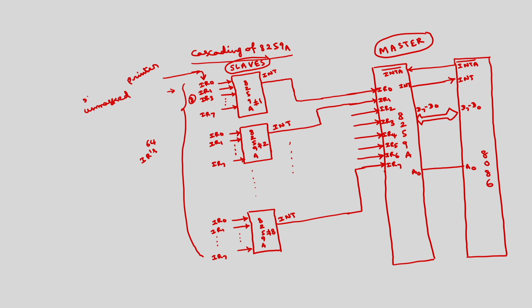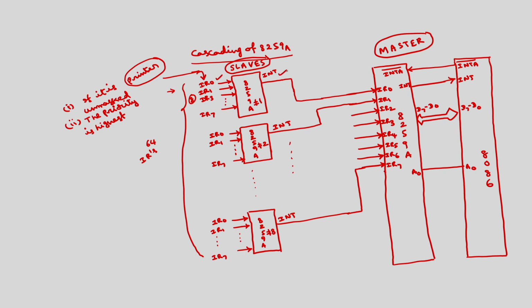If it is unmasked is one condition, and the priority of that particular IR should be high. Priority is highest. So what happens is this will recognize the request placed by the printer, then this INT signal